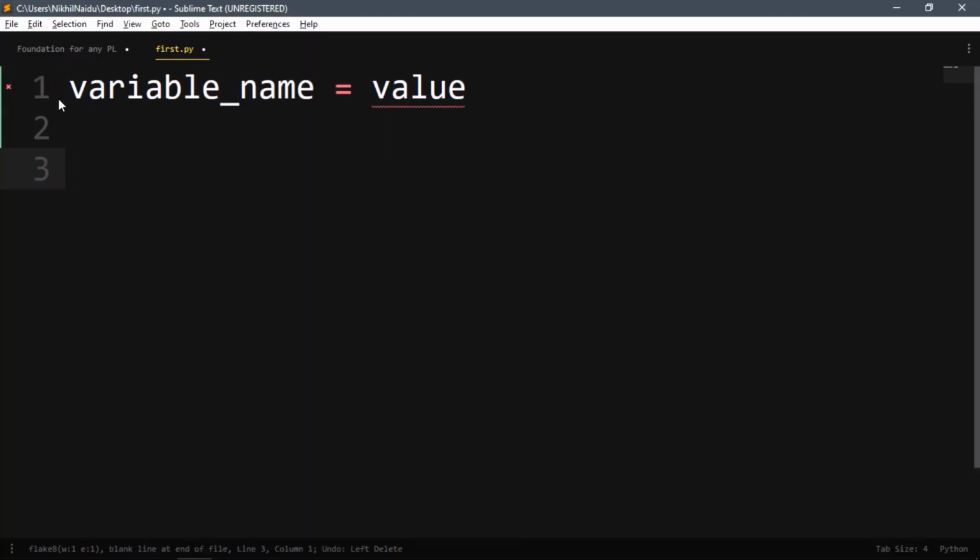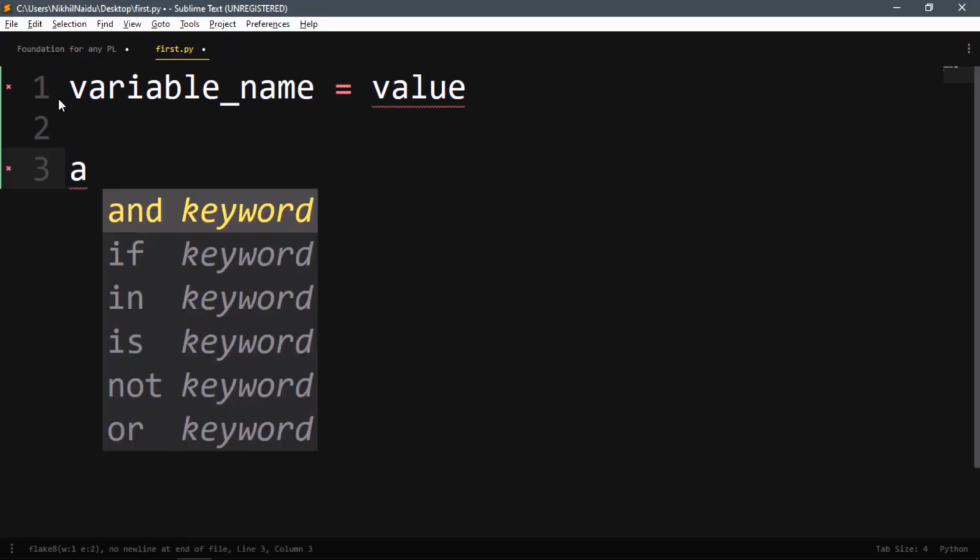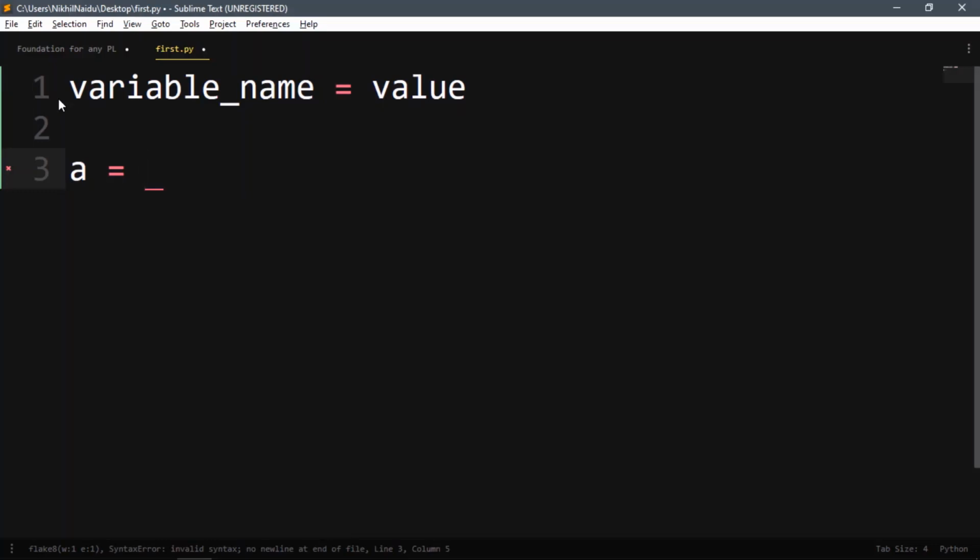So variable name equals value. First we'll go with easy variable names. The variable name can be a, then we always have an equal sign, then a can have a value of anything. Value can be anything.